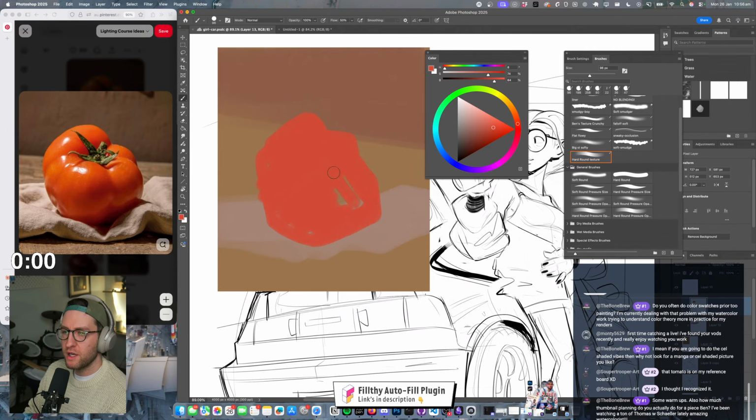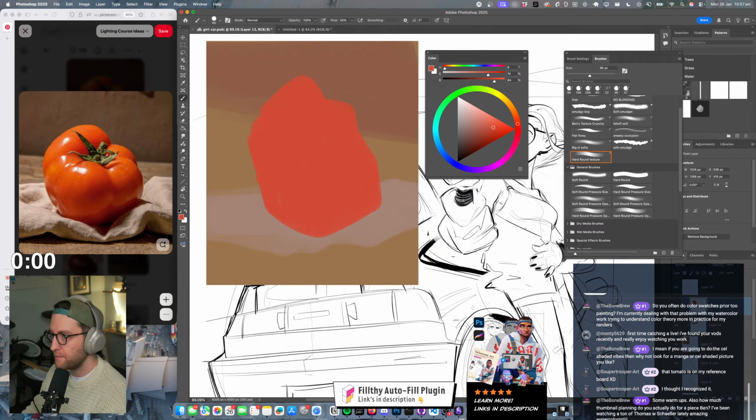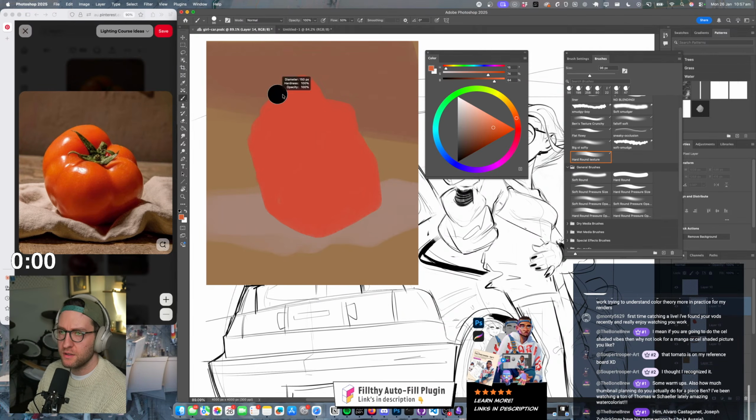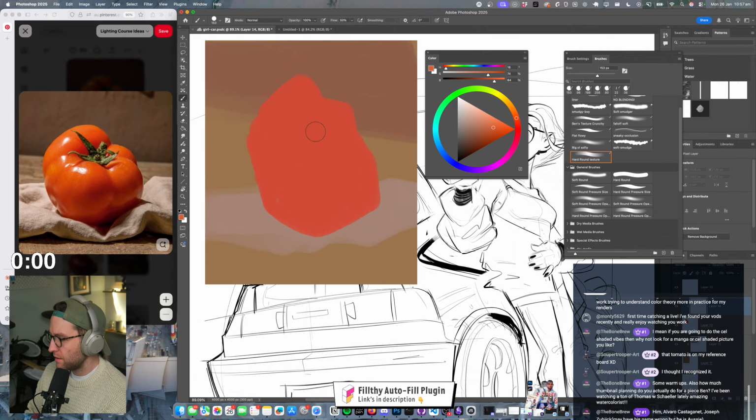Cool. Here's the shape we shall work within. Let's make it more interesting. Let's push it, pull it. Tomato, tomato. All right, something like this. Let's play. So we'll go within the shape here. Let's try and find some of these colors, using a clipping mask. What am I doing? Let's unclip this bad boy and then clip that one.